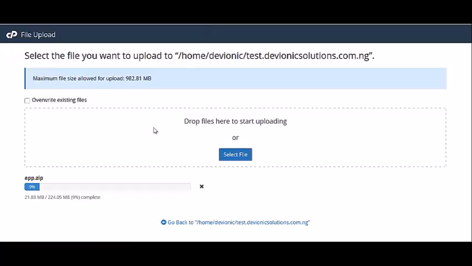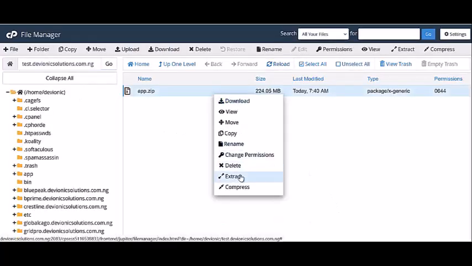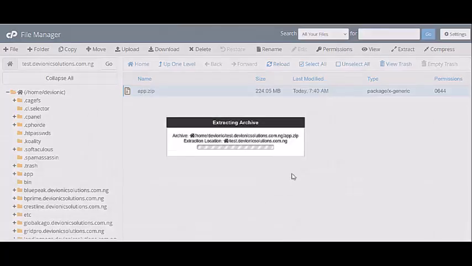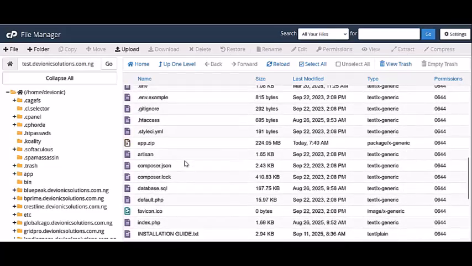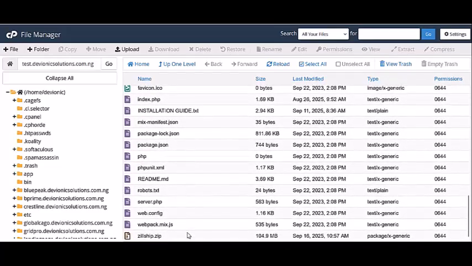So let's wait and see. Okay, our file is still uploading, so let's give it time for it to finish uploading, then we can actually continue. Then just right click on extract files, right? Click on extract files, then just wait for it to finish extracting, then alright, so since it's done extracting, just click on close. So I'll just delete